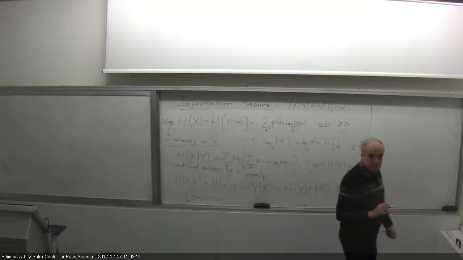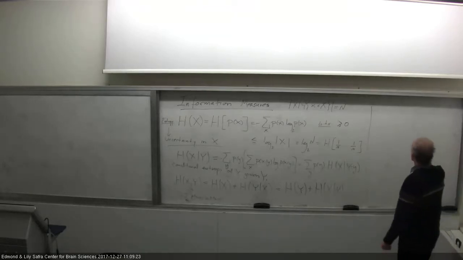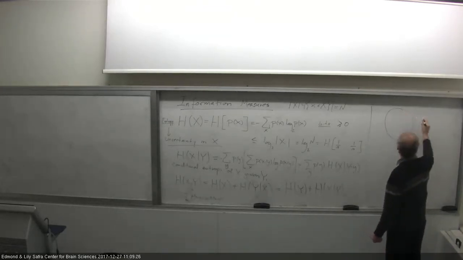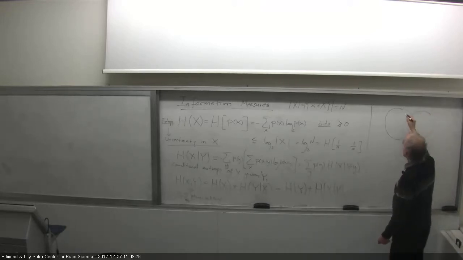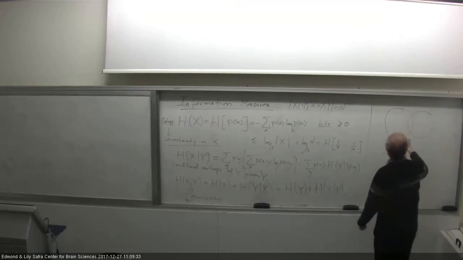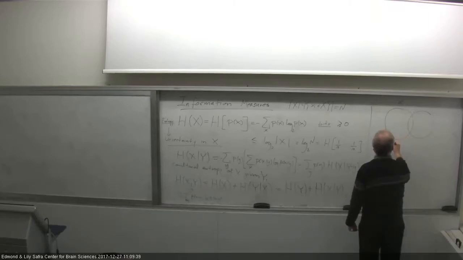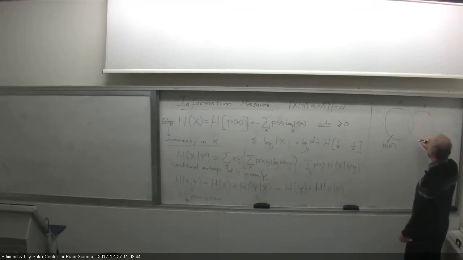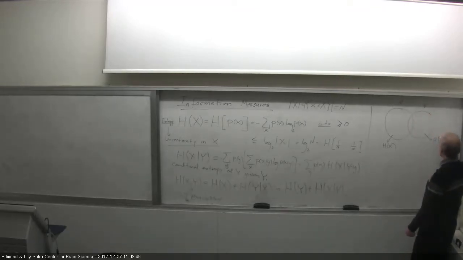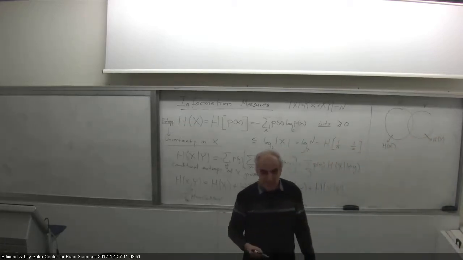Okay. Now, this gave us some nice properties. For example, we could draw it as some sort of a Venn diagram. If I denote by the entropy of x the area of this circle, so this is x, the area of this circle or ellipse is H of x, and this is y, so the area of this ellipse is H of y. Large entropy is large uncertainty, large area in this case.